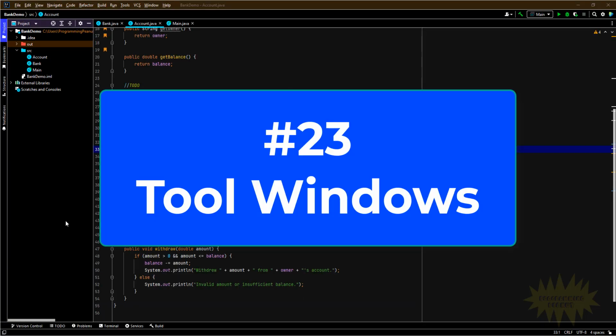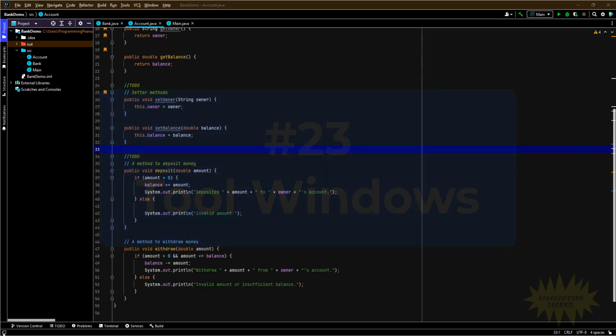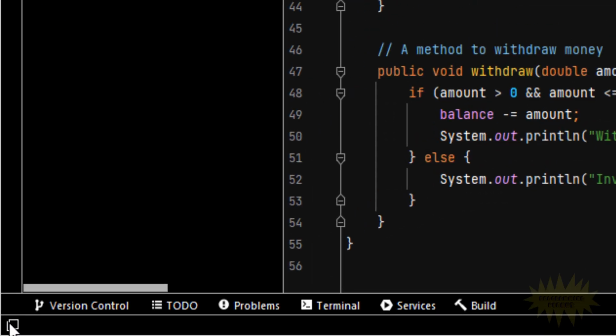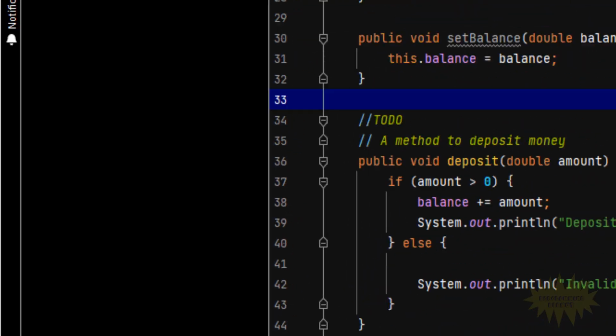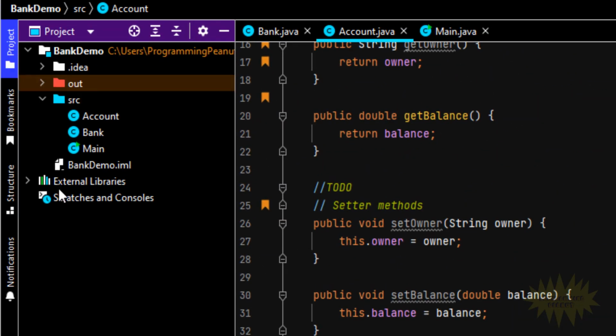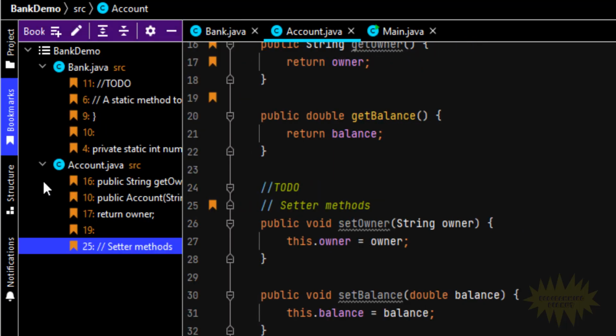Number 23, tool windows. If you hover your mouse all the way down here, you'll get a complete list of all the different tool windows that you can get. Let's go through all of them real quick. So the first one here called project will show you the project structure. If you click here on this one called bookmarks, it'll give you a list of all the bookmarks that you